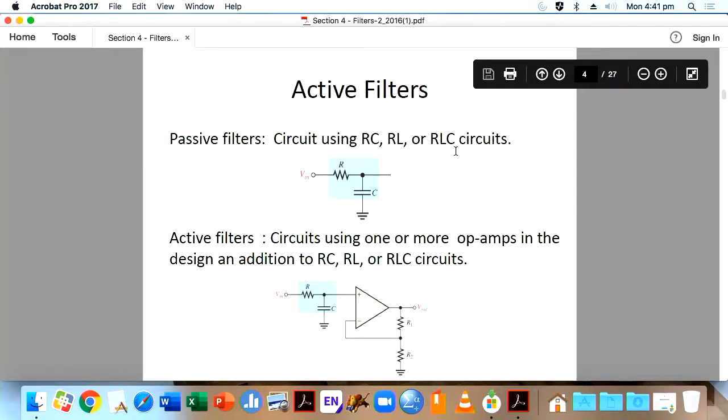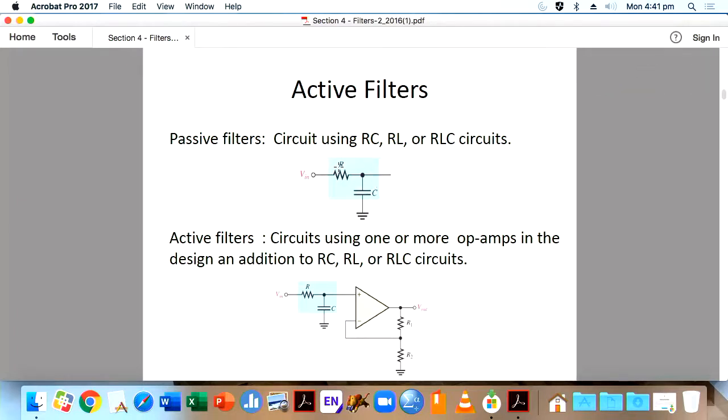You have lots of space in the PCB. Then this is a passive filter. Then we can make active filters. Active filters means you are using an operational amplifier for designing the filter. So this is a simple